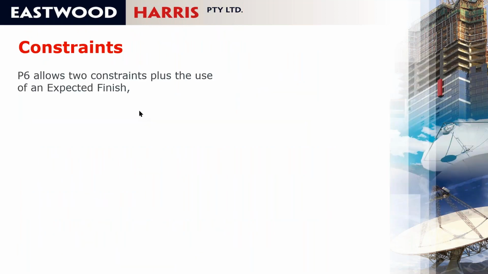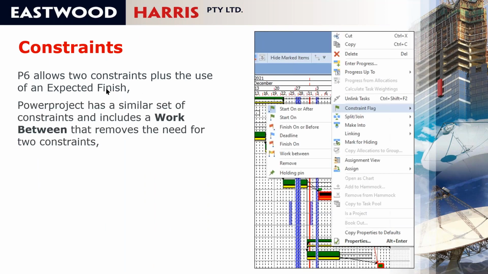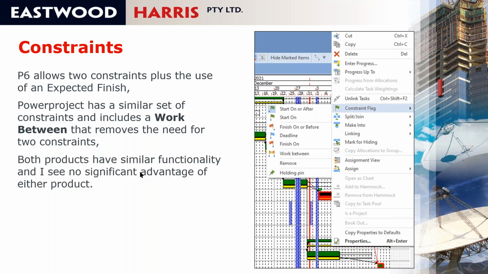When I look at constraints, P6 allows 2 constraints plus the use of an expected finish. Powerproject has a similar set of constraints, but it has a work between, which in some respects means that you don't have to have two different constraints on an activity. In P6, for work between to work, you would have to put a second constraint on. I think that both products have similar functionality, and I see no significant advantage in either product when it comes